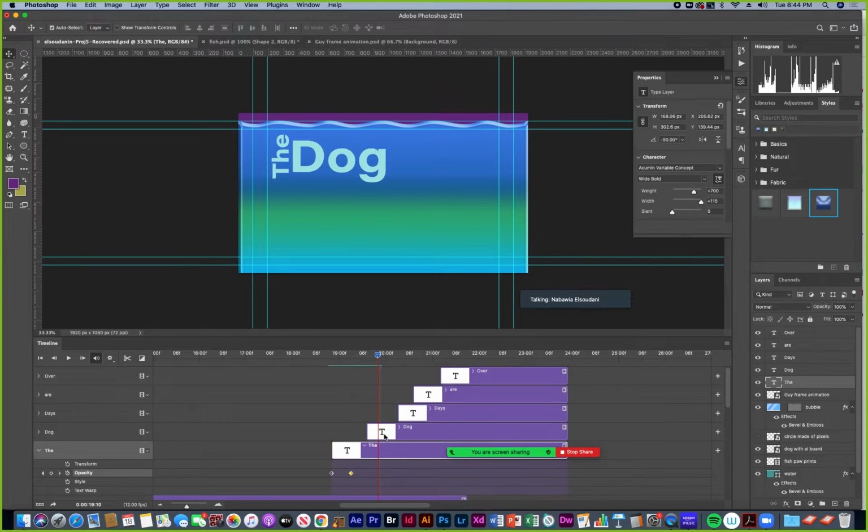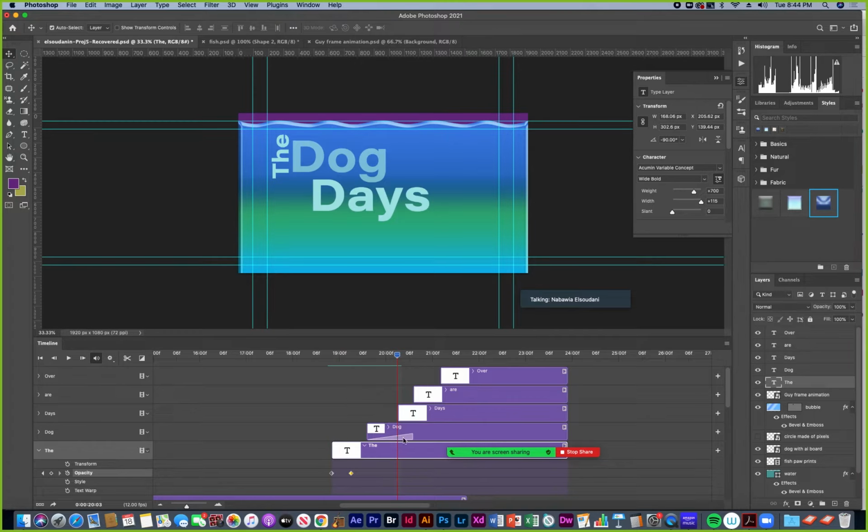Another way to fade is to use the fade transition. So here are different transitions you can experiment with. I could do a fade and drag a fade to the beginning or the ending of a layer in the timeline. So this is maybe an easier way than opacity keyframing.